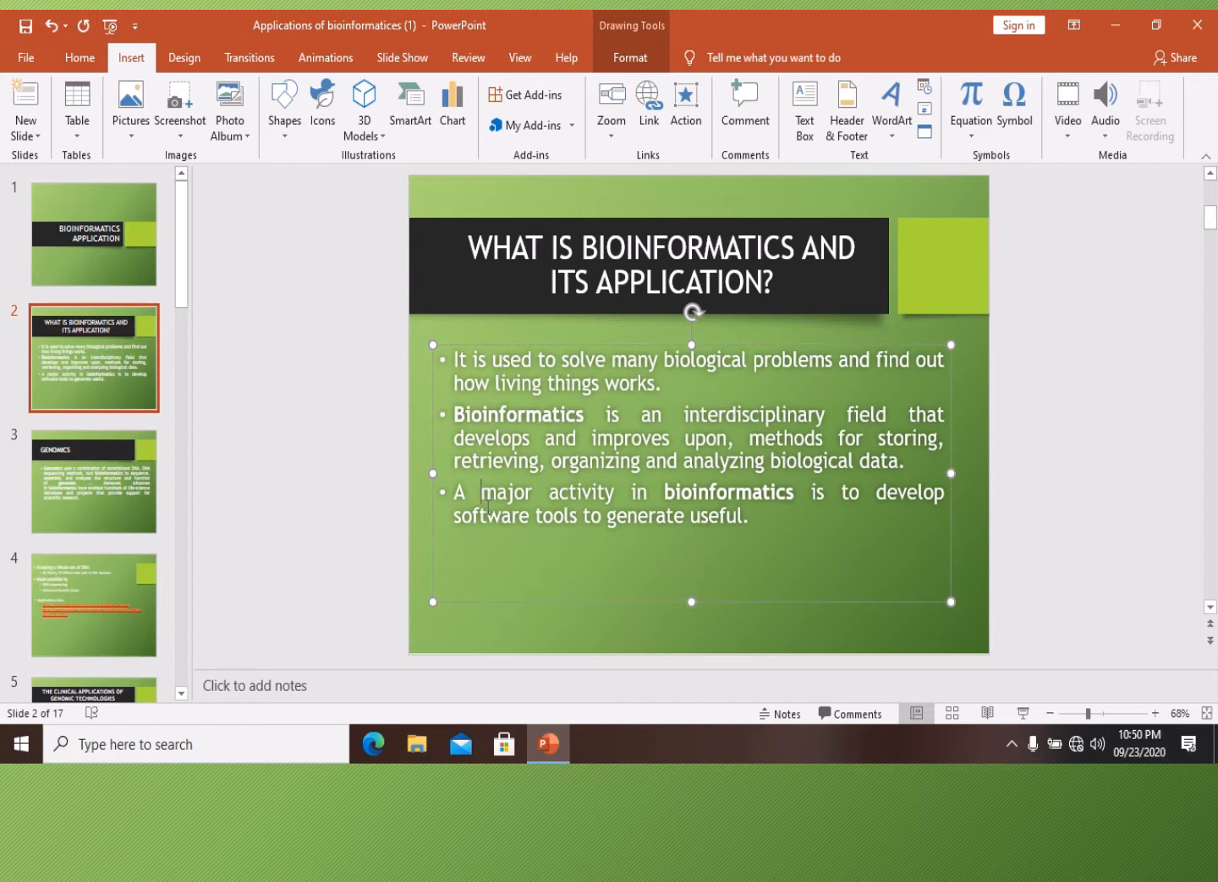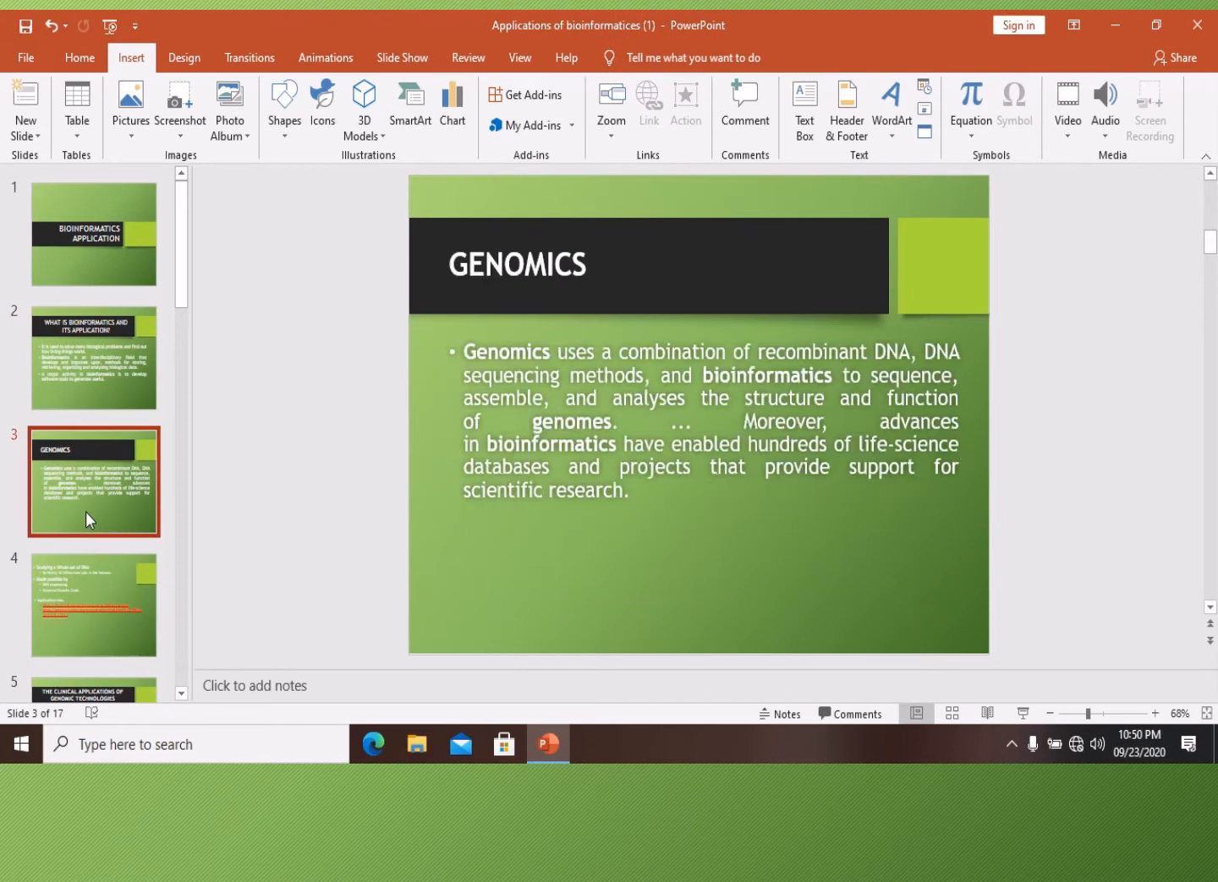For this purpose we use the applications in the health field as well as the agriculture field and some other fields. As we mentioned in the previous classes, there are four major types of applications, that is genomics. Genomics uses a combination of recombinant DNA sequencing methods and bioinformatics to sequence,